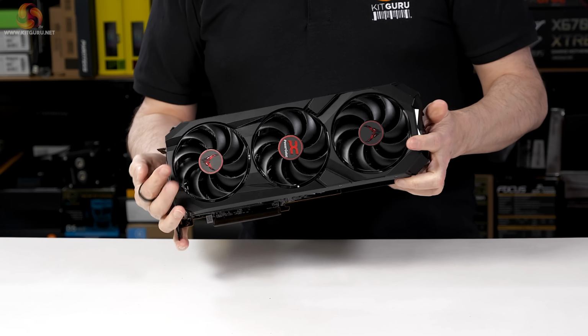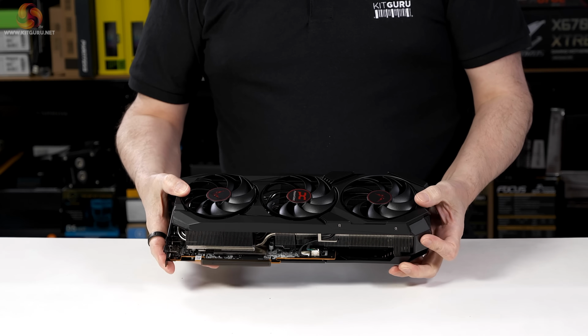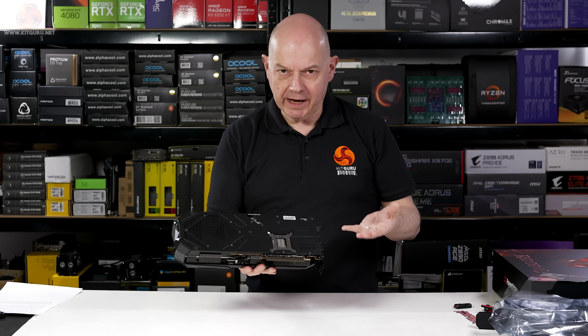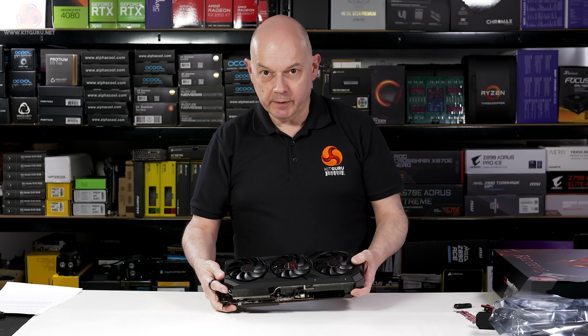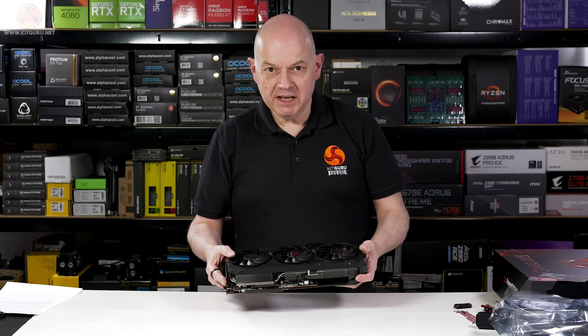And apart from the fact it's a full-size triple fan graphics card, which means it's going to be useful for case reviews. Can you install the graphics card in whatever the heck case it is? How does it work in terms of cooling? These are very important questions. It's a 300 watt or so power draw. That's also going to be important because tragically I treat this thing as much as a heater as I do